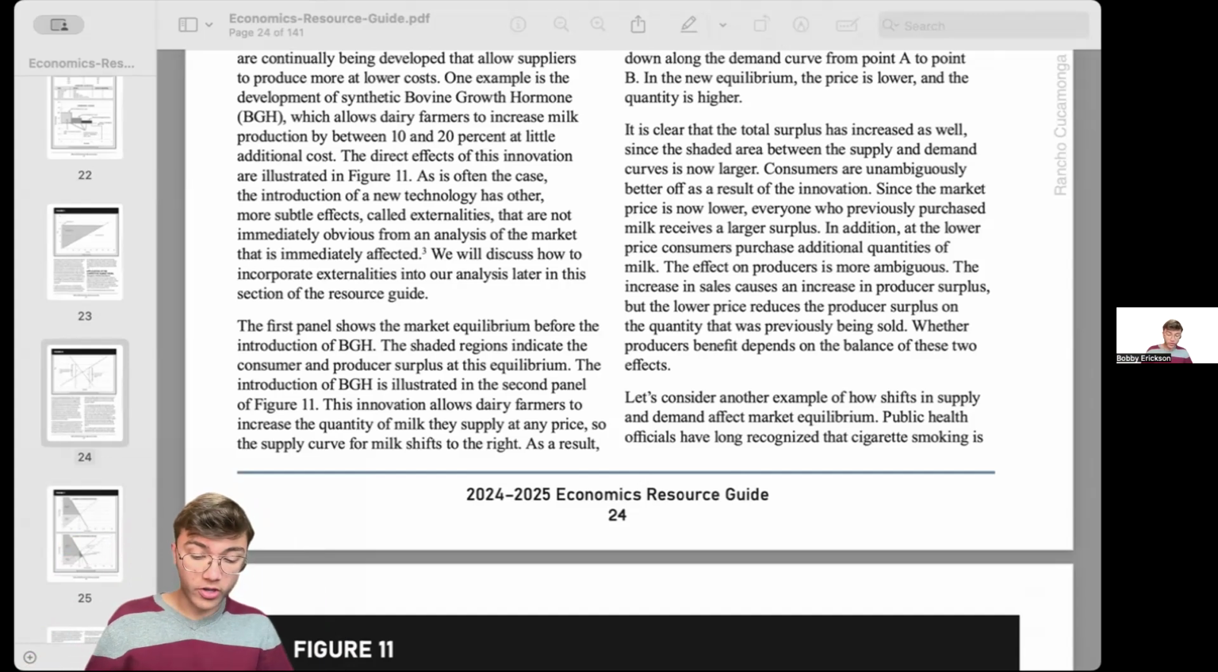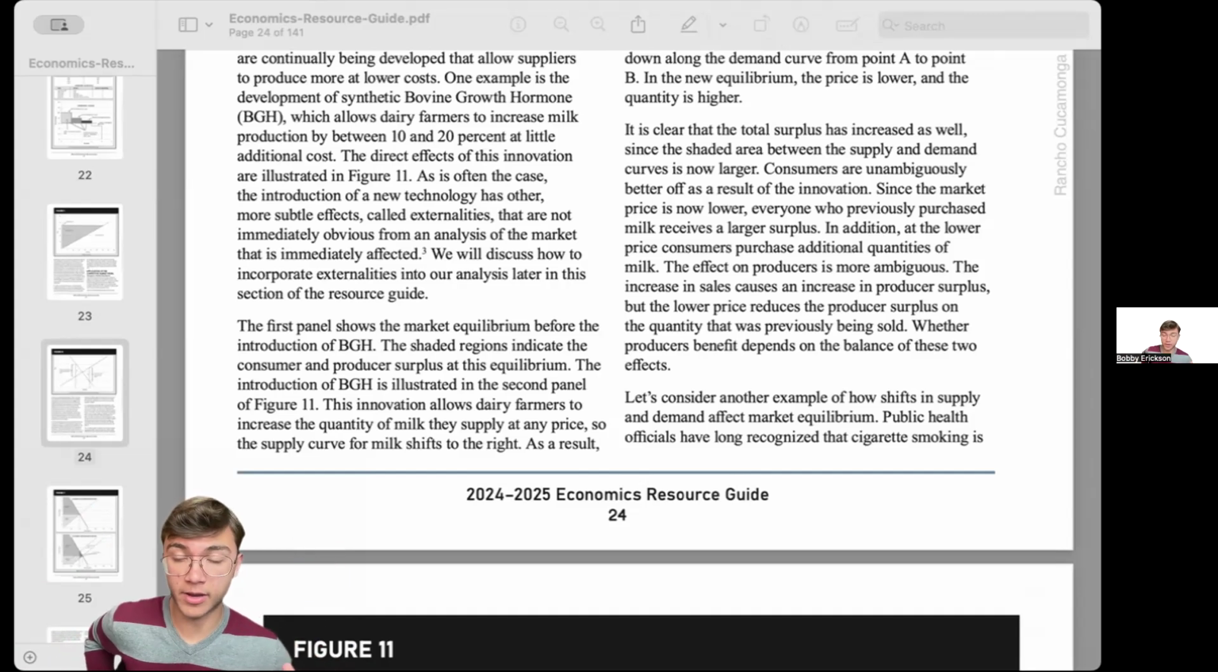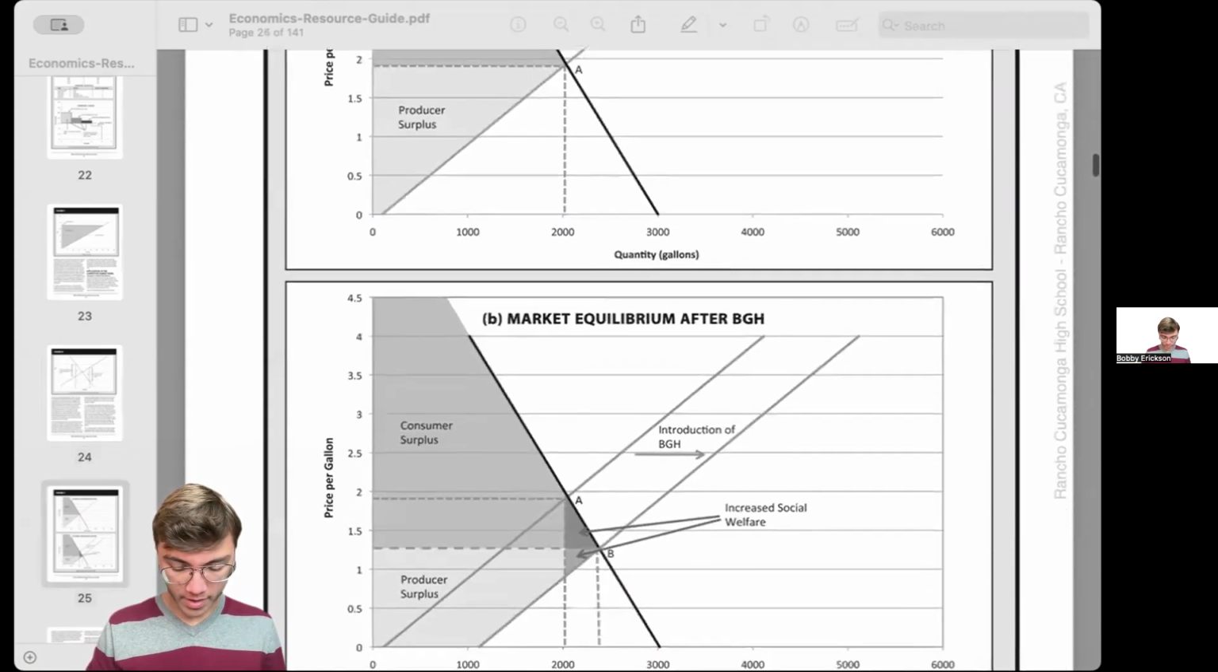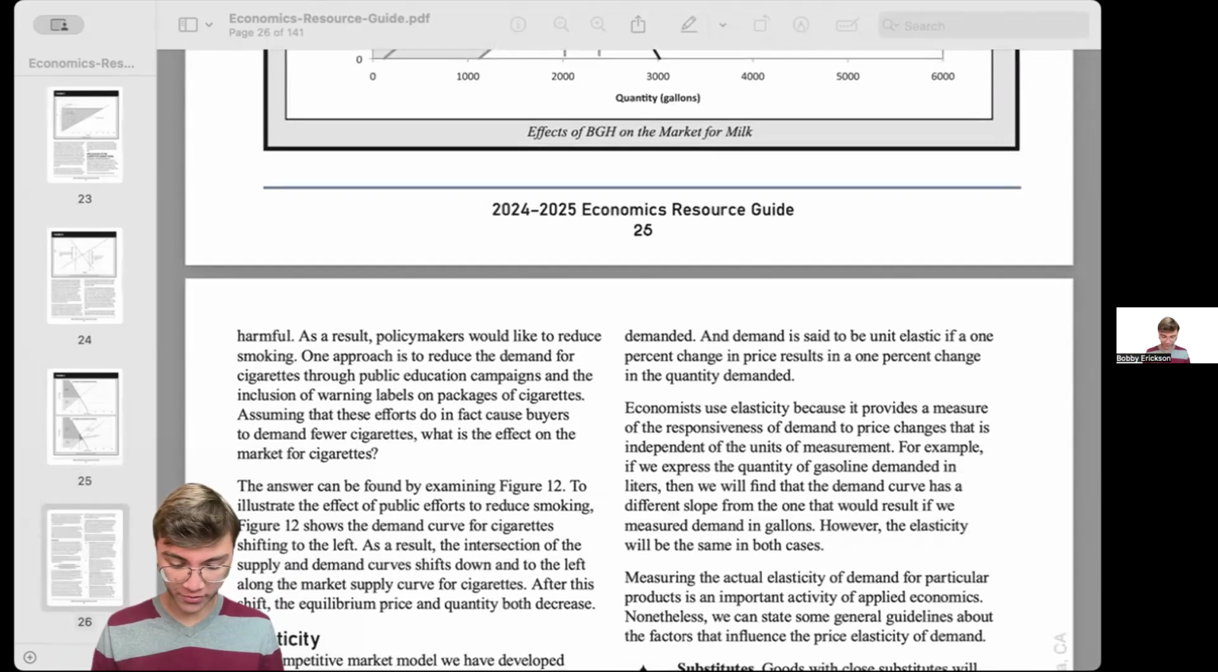Whether the producers or the consumers benefit all depends on how much the consumer surplus is increasing and how much the producer surplus is decreasing, or the other way around. How much is the producer surplus increasing and the consumer surplus decreasing, or maybe both increasing by a shift of both curves. And so